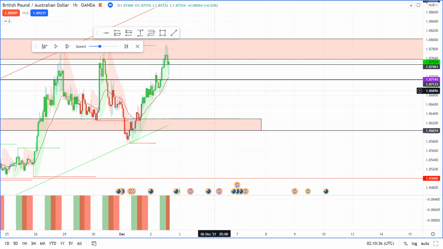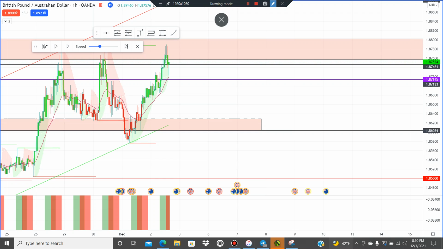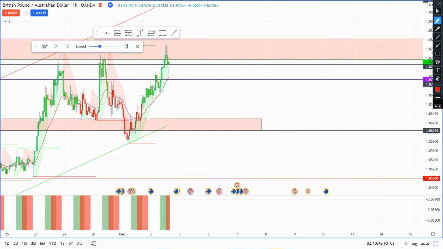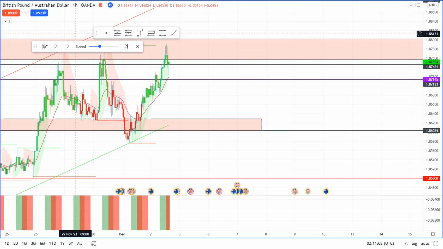Now, part of my mind was like, okay, we fell down, we pull back up. If we push back down, I'll get out. Maybe we'll see something like this, and it'll come and take me out. Something coming back down into this area right here, and then we'll start pushing back up. I was going to see if I could get a re-entry there, but as you guys see, that never happened. It was just a very strong